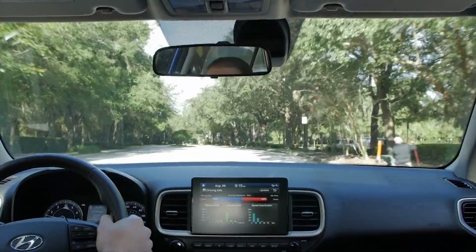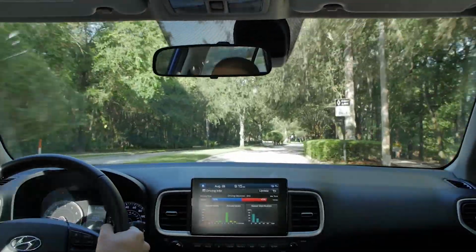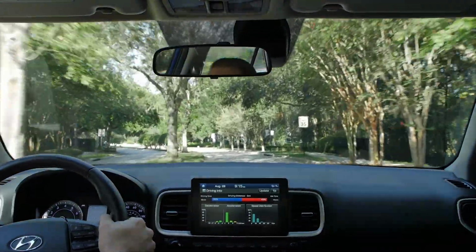Now, those are really low numbers by today's standards. They're not super low, though. But what's excellent about this car is that Hyundai has kept the weight down so much. With the CVT optioned, this car only ranges from about 2,600 to 2,700 pounds. That's feather light. I mean, a Miata is only about 2,500 pounds. So for an SUV, that is frankly excellent, which is why the Venue only takes 8.8 seconds to hit 60